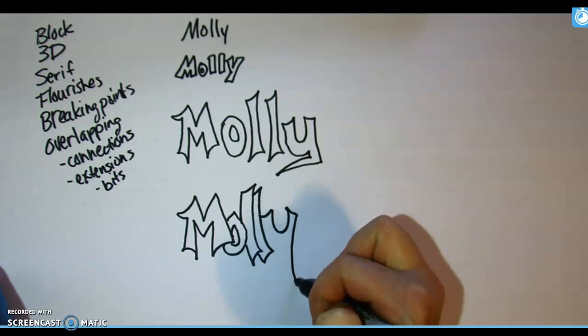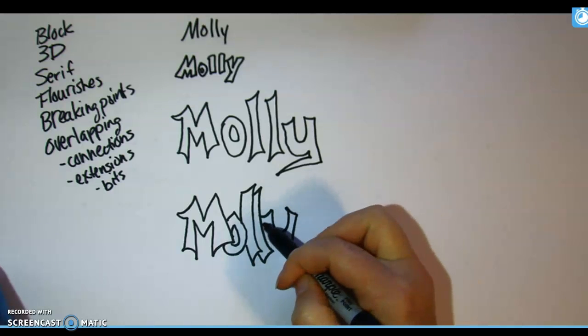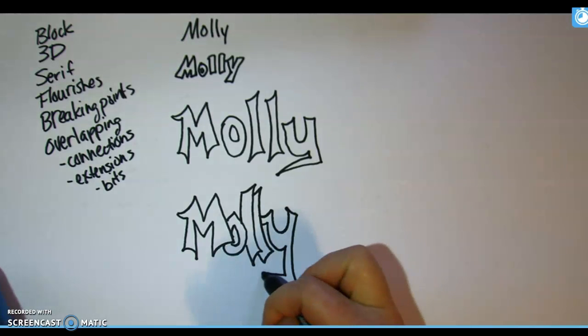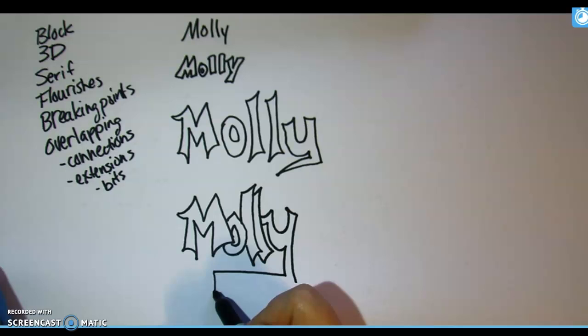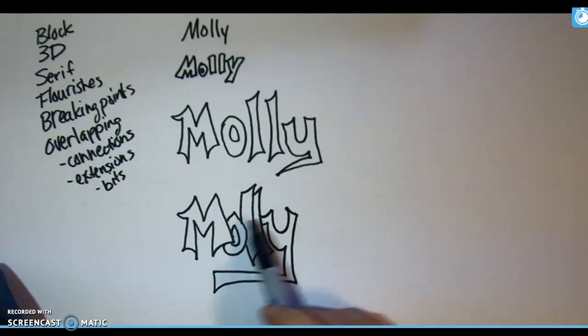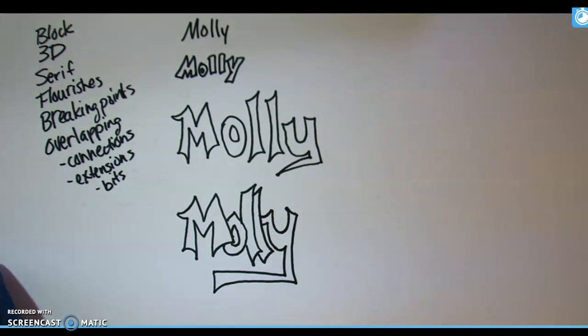And if I bring my Y down, I can create an extension. So that's one option. That's my first attempt. I could get my Y a little bit closer because there's a little bit of a space here, but then you wouldn't see my little ding flourish at the top. So you kind of have to make a choice,